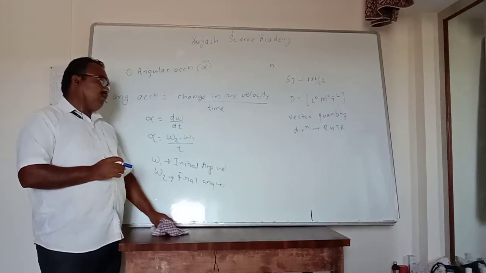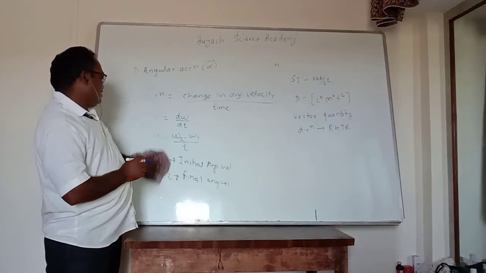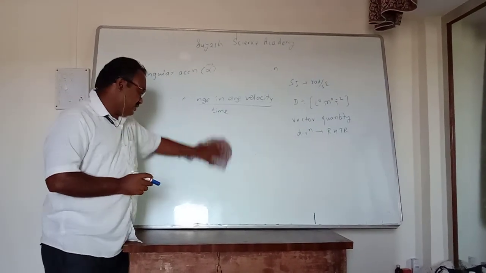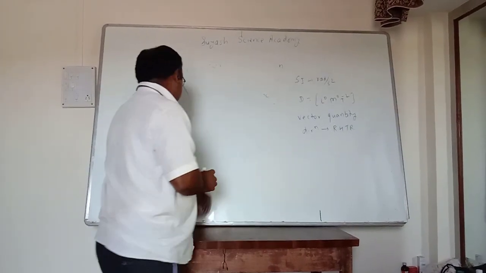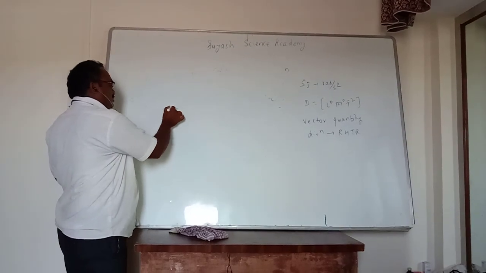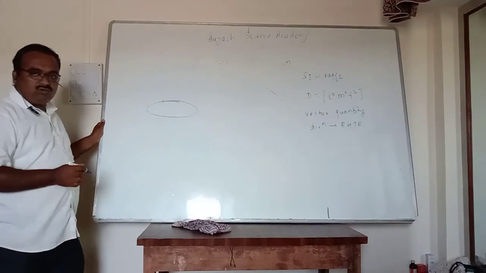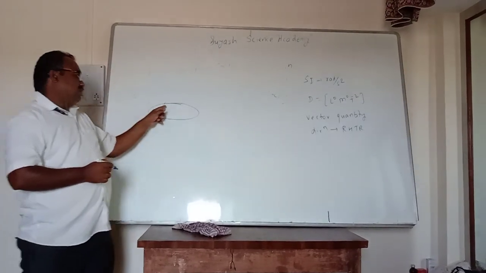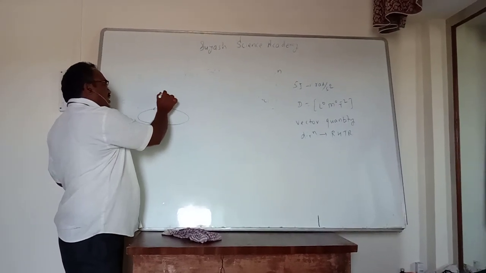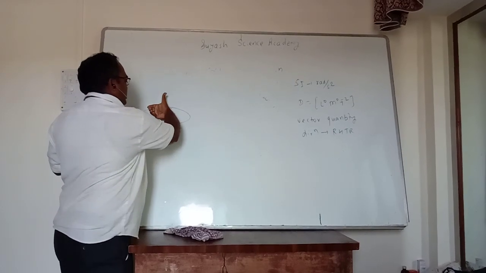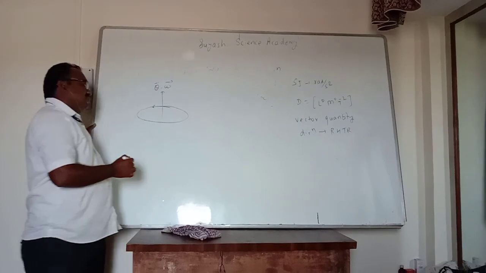Now we'll see how to find the direction of this angular acceleration. It's very interesting. Listen carefully and study properly. Suppose the particle is moving in a horizontal circle in anticlockwise direction. The curled fingers show the direction of rotation, and the stretched thumb gives the direction of angular displacement and angular velocity. They are in the upward direction.